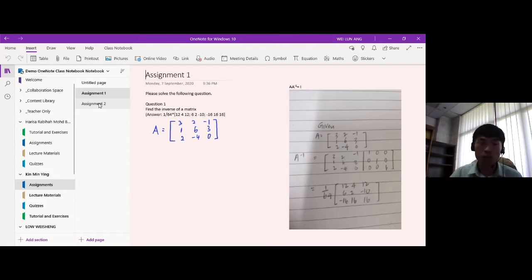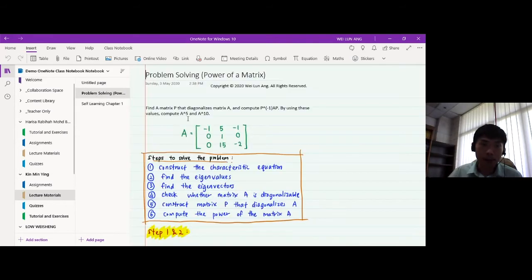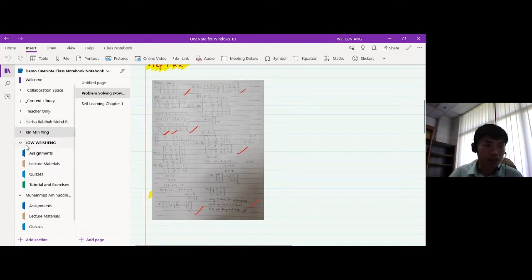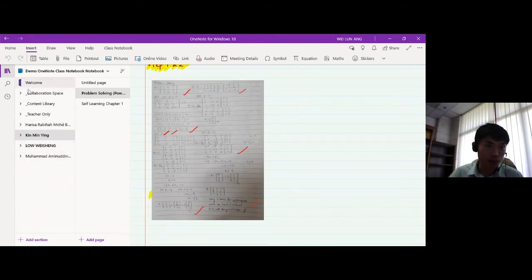Using this platform, I can look into their notebooks and see whether they have done the work or not. So these are the four main sections of the class notebook: collaboration space, content library, teachers only, and the students' profiles.